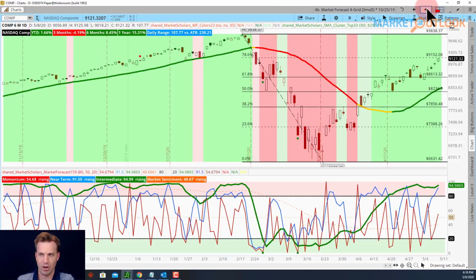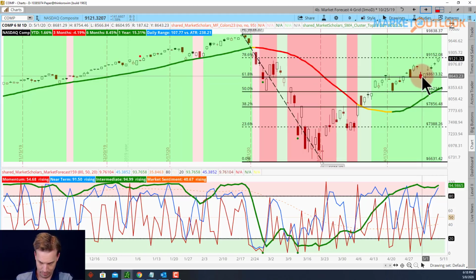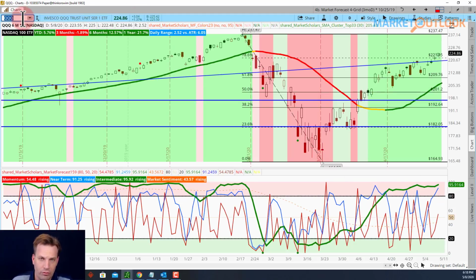The Nasdaq Composite looks a little different. So the composite is sitting right at the 78% Fibonacci. It has broken through the resistance. It broke through, retested, bounced back off of it, got to that 78%. The QQQ, which if you saw a tweet that I posted out there,